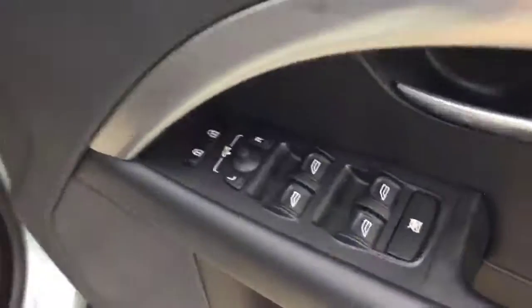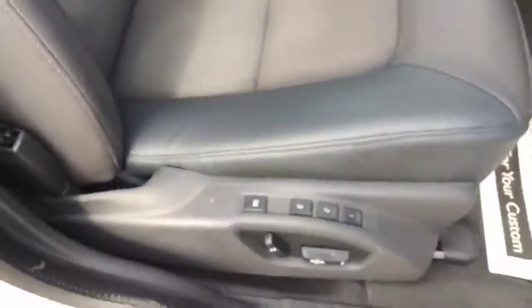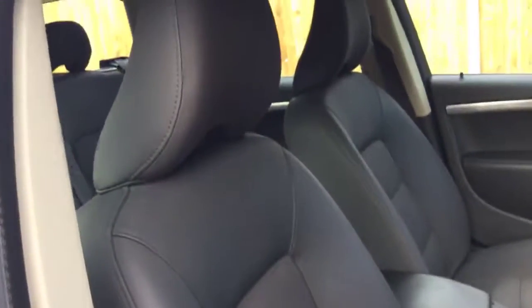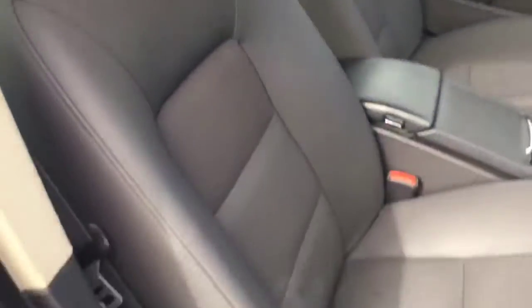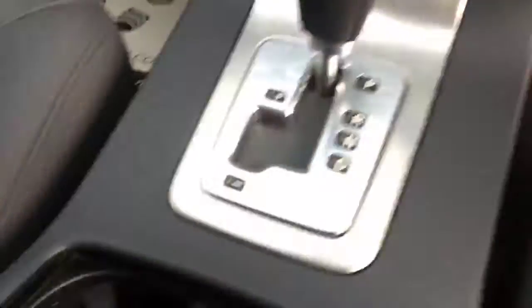The door has got electric windows and folding mirrors. It is with a memory driver seat. It's got a center armrest with the aux in, some cup holders in the middle. It's got push button to start,